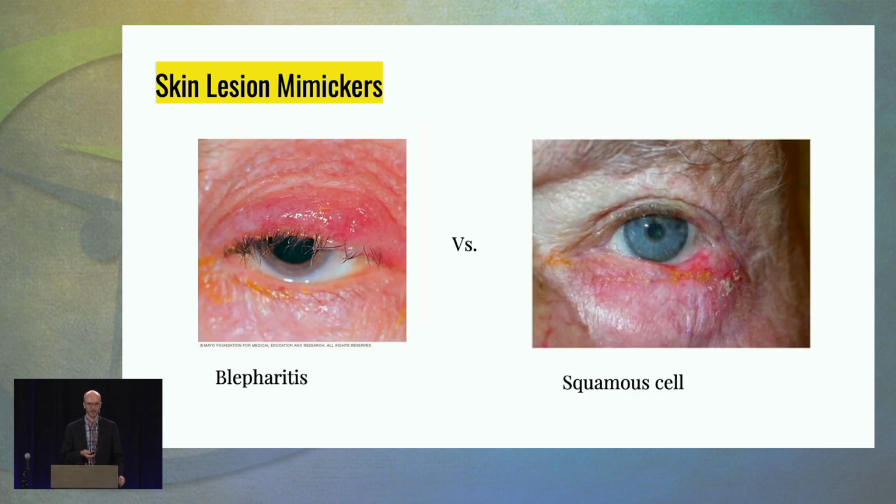Squamous cell can look like a lot of different things. I've been so sure something was a basal cell, and it was a squamous cell. It can mimic really bad blepharitis. Things to look out for here: lash loss. You're typically not going to see that with blepharitis unless it's been going on a really long time and it's really bad. But so like in this person,